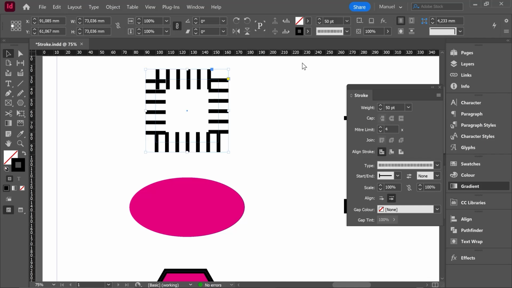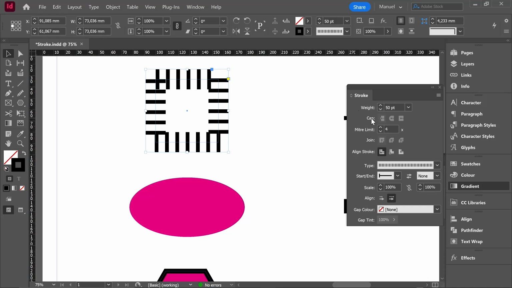All of these options and a few more are included in the stroke panel. In fact, you can see how those changes are already registered in our stroke panel. The weight of the stroke is 50 points and the type of line is this one, right? So once we have this general view, let's go deeper into just this stroke panel. We know already what the weight means.